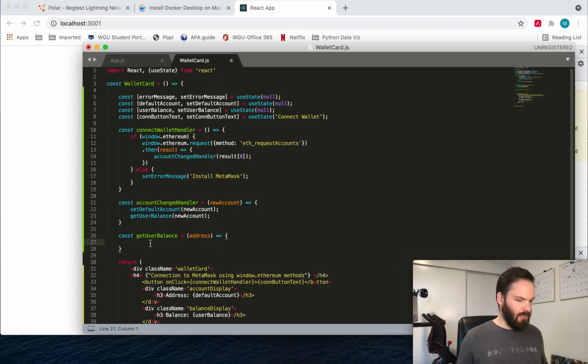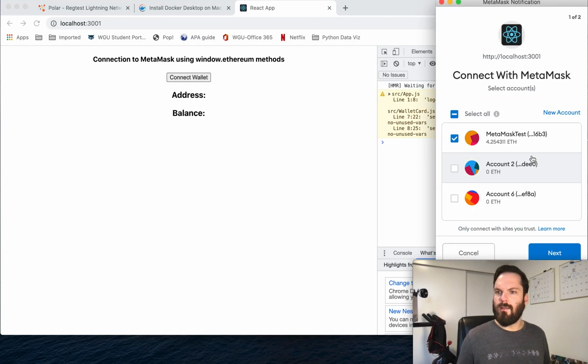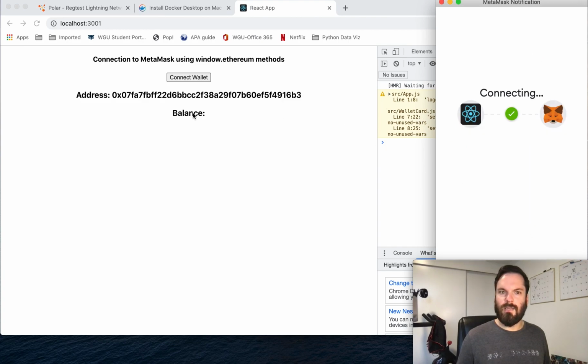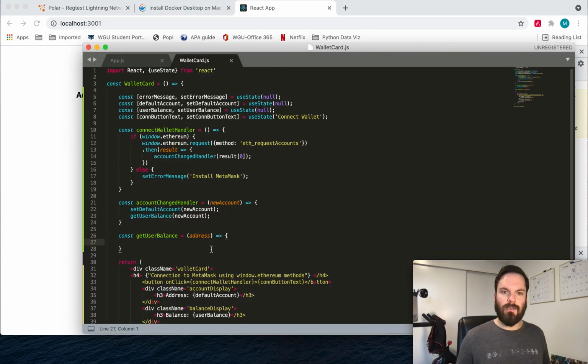Let's just show you what it does so far. We should have the address show up, but no balance. Connect wallet handler, great. It's asking for permission. Hit connect, and it gives us the account name, the address. Great. So let's now get the balance. We're calling get user balance already. Good. We have the address, so what we're going to do is another